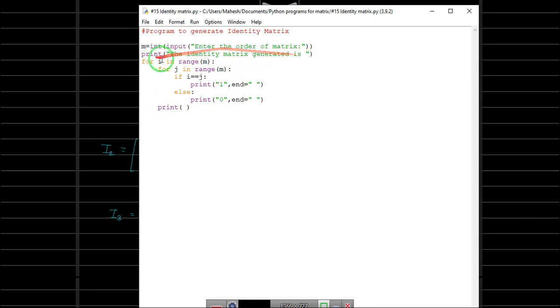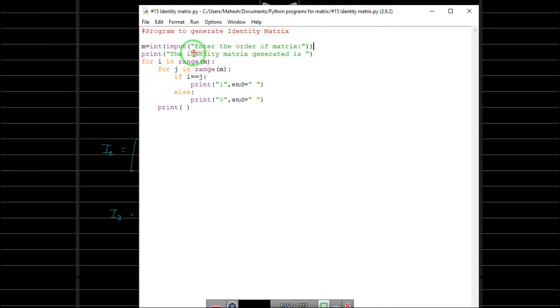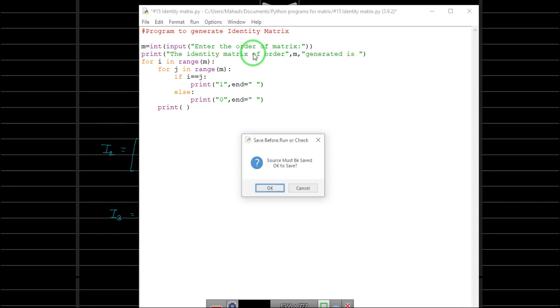Okay, now let us tell, yeah, I have already written this. We have already told the identity matrix generated by this is this. Okay, let me show you again. So the identity matrix generated is 1001. Let us put it this way: identity matrix generated, matrix of order. If you want to put those values in this, we have to put a comment, then we will put m, and again we will complete, and then we put this as a comment. Okay, we will see.